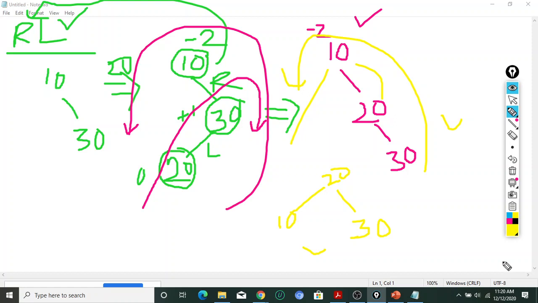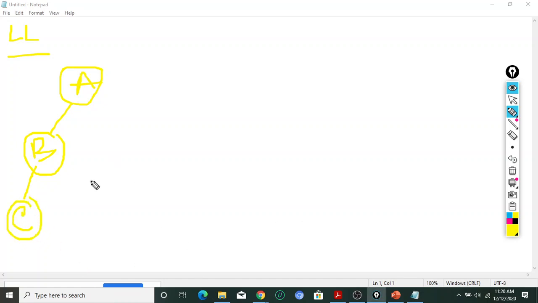Now let us quickly recap all of this with a special method, the special case, for example using LL. Please go through the notes. Suppose we are just considering 3 nodes; it may not happen like this in your tree, because many other nodes are present. Please follow my class notes, because everything is written there, the PDF notes from my book that I have given.